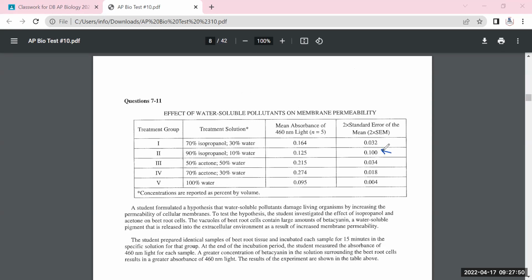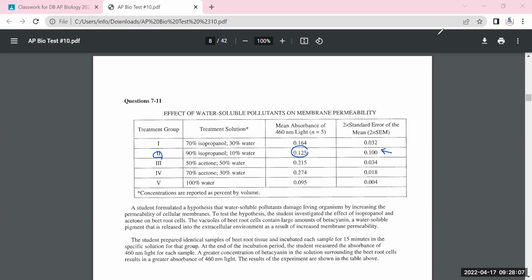This guy is the greatest value, right? It has an extremely high SEM. Probably 2 is unreliable. Why? The absorbance value that you got is 0.125, but two standard errors of the mean is 0.1,